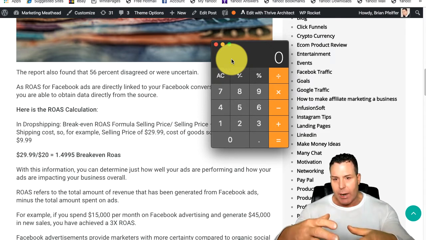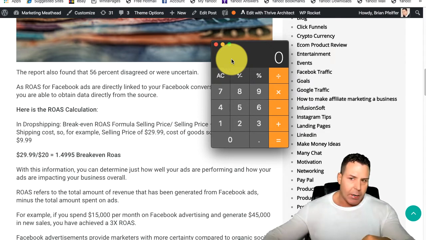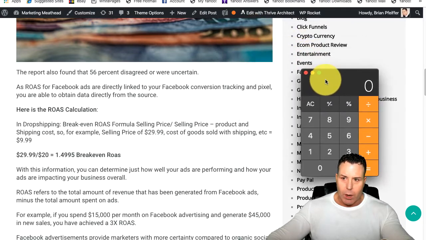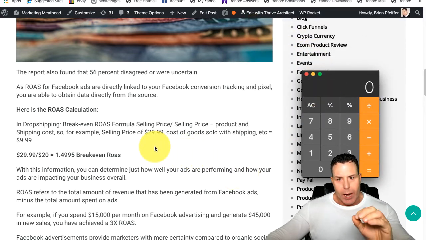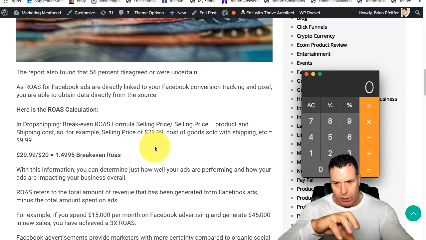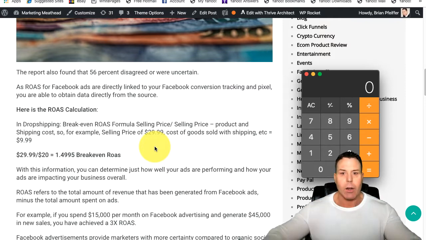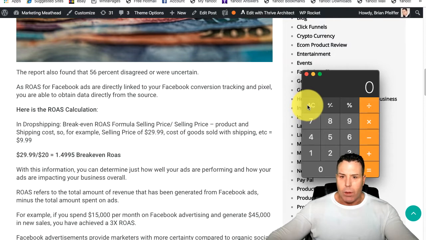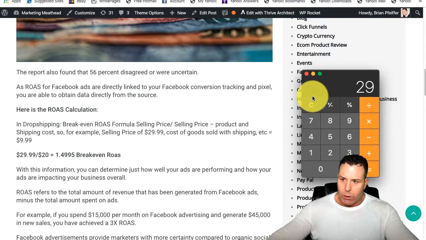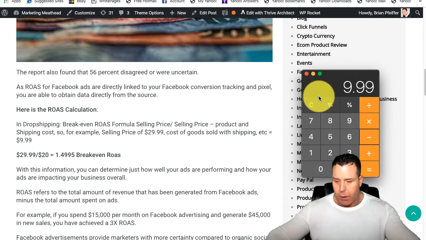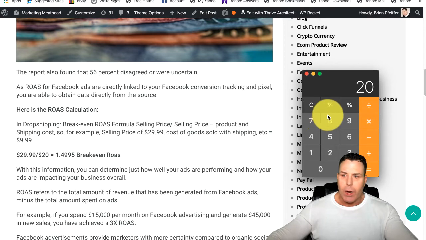So let's just say, for example, and I did this example in the blog post as well, let's just say that the total cost with the cost of goods sold and all the other fees that are mixed into that is going to be $9.99. Okay, so the first thing you got to do is you take your $29.99, which is your sales price, minus the $9.99, which is your cost of goods sold, all inclusive. Okay, and that gives you 20. Okay, and then you take your